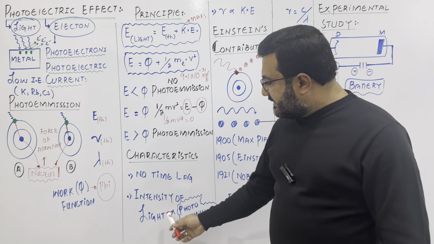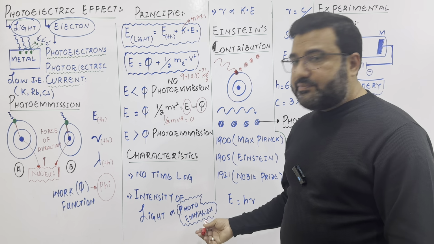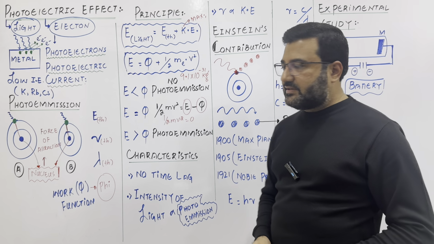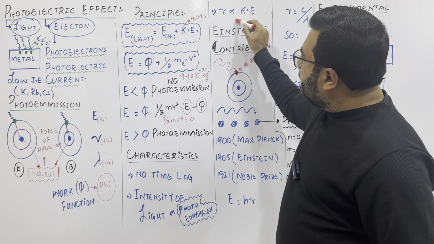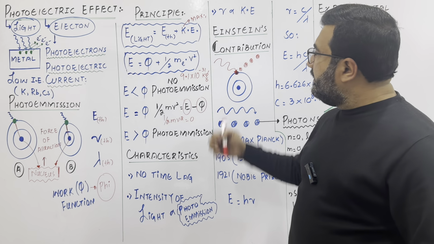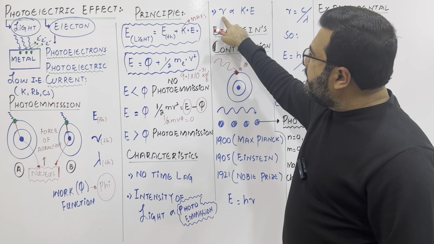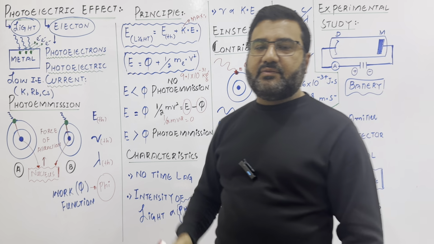So greater the intensity of light, more will be photoemission. Intensity of light is directly proportional to photoemission. It means the number of photoelectrons will be larger. And if the frequency of light will be greater, obviously frequency and energy both can be written interchangeably. If the frequency will be greater, then the electrons that will be ejected from the metal atom, they will